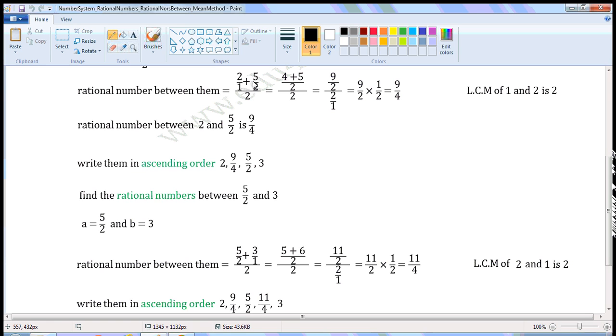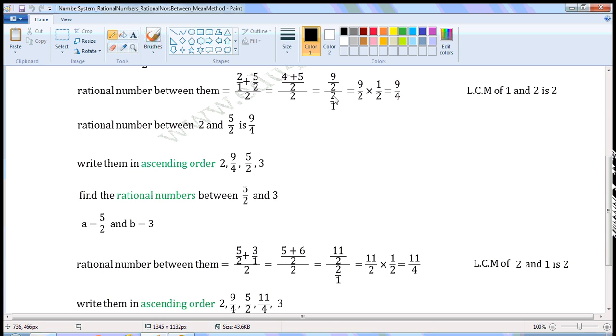Now add the numerator by finding the LCM of 1 and 2. LCM of 1 and 2 is 2. So write 2 here. 2 when divided by 1, we get 2. Multiply the numerator with 2. 2 into 2 is 4. So write 4 here. Plus, now divide 2 by this 2. 2 when divided by 2, we get 1. Multiply the numerator with 1. 5 into 1 is 5 by 2. So 4 plus 5 is 9 by 2, all by 2.